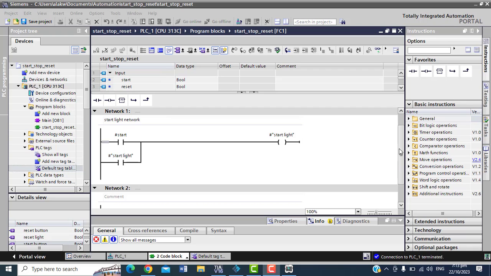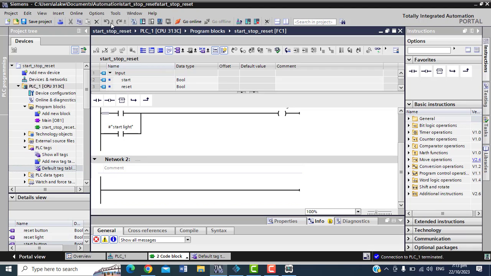Okay, so this one is for your start network. For my stop network or my reset network, whichever one we want to do next. So if I want to do the reset network, for this reset network it's just the same thing I did here. You see, the reset button is still normally open, just like the start is a normally open button. So I will still use a normally open contact here. Normally open button means we use a normally open contact. That's how they actually work. But for now, we'll just freestyle this one.